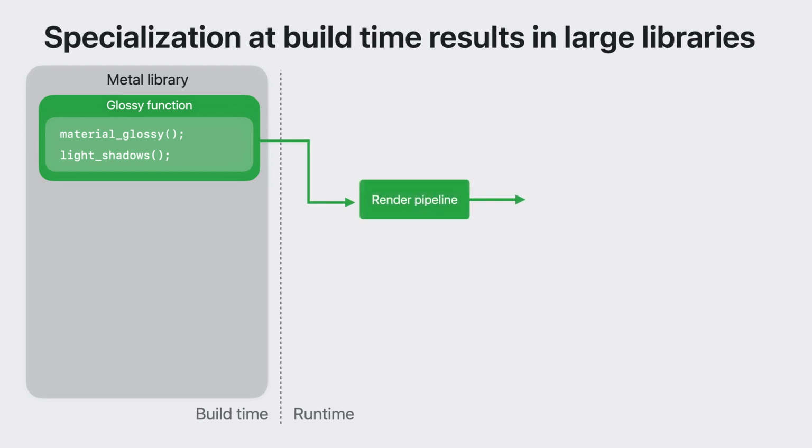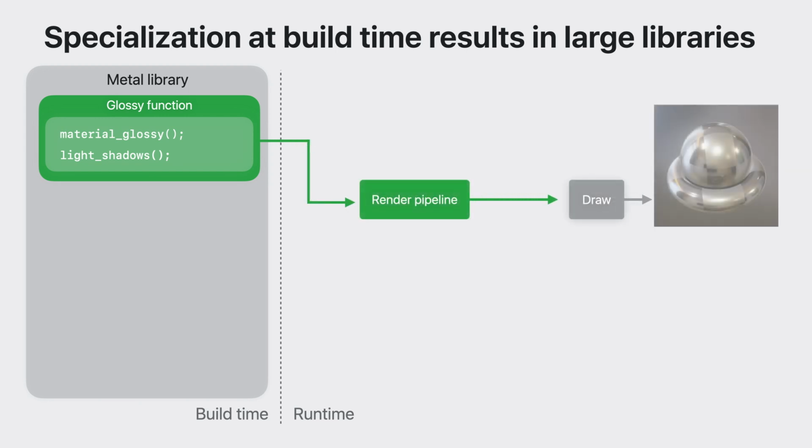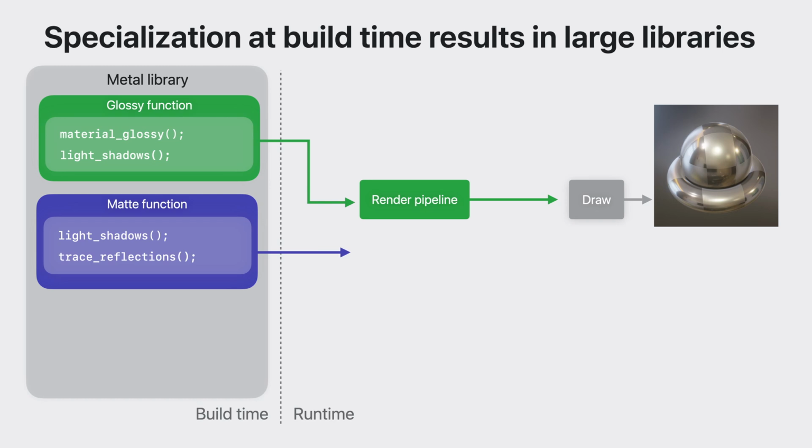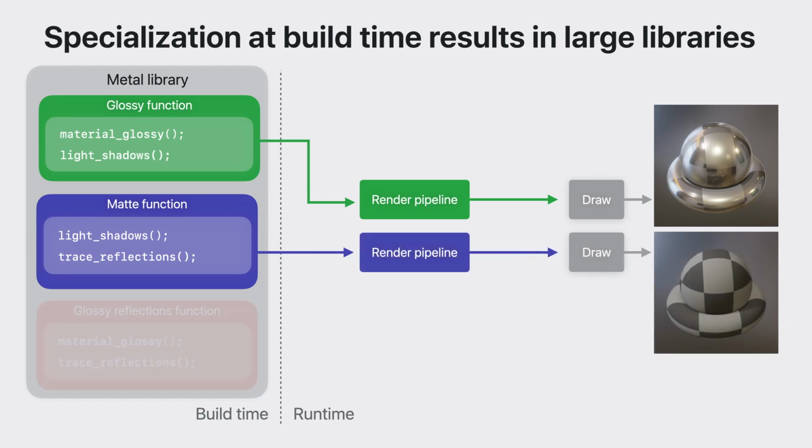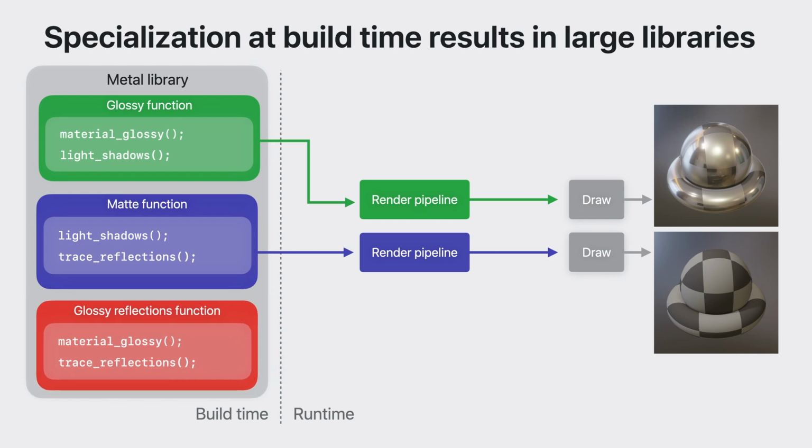Implementing an Uber shader with macros can mean compiling a large number of variants, such as one variant for each possible macro combination, some of which your app may never use. Even if you compile them offline ahead of time, each variant adds up, which can significantly increase the size of your Metal library. It can also increase compile time because each shader variant has to be compiled starting from Metal source.